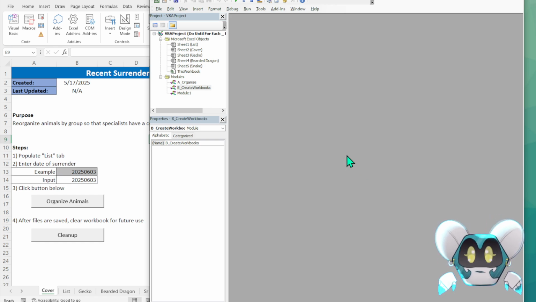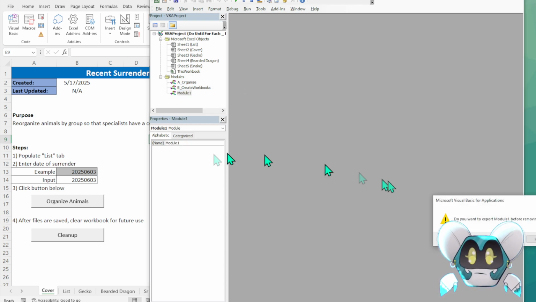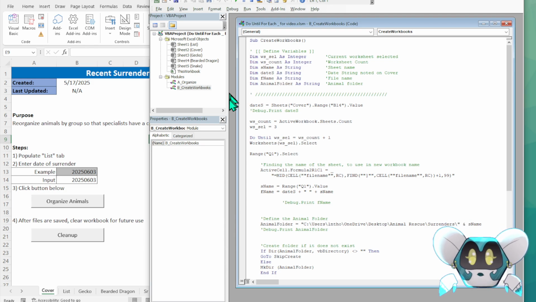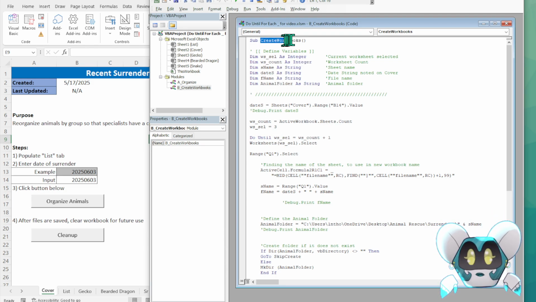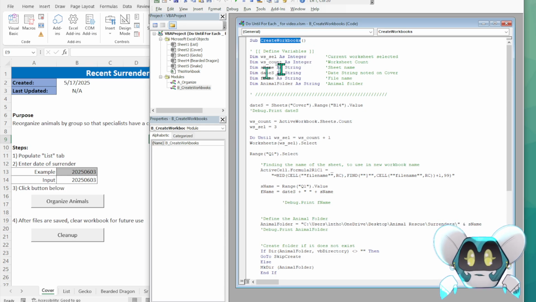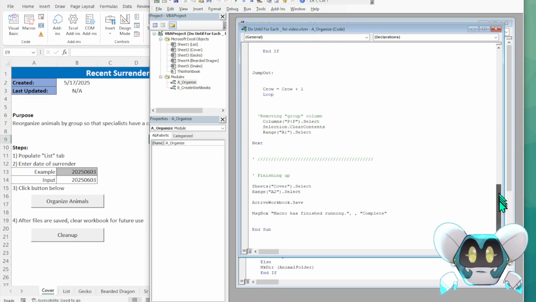But going back to tying everything together, first off, we can remove the module that had our just rough recording. We don't need that. From the module that we were just working in, I'm going to grab that name we put at the top, create workbooks, and go back into our original macro that we wrote in the last video. And at the bottom,